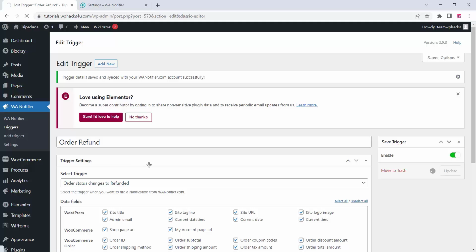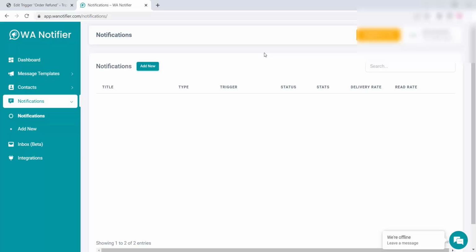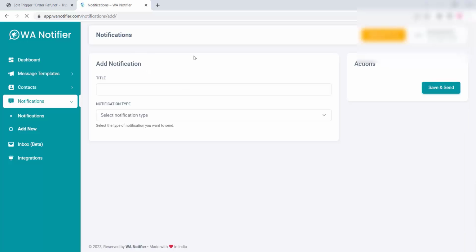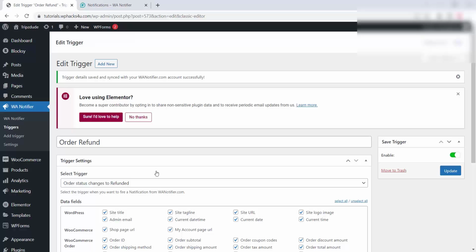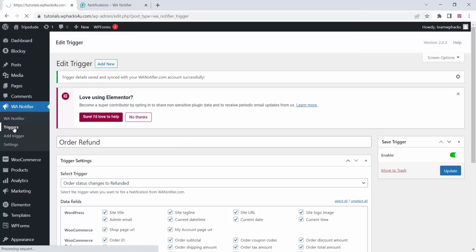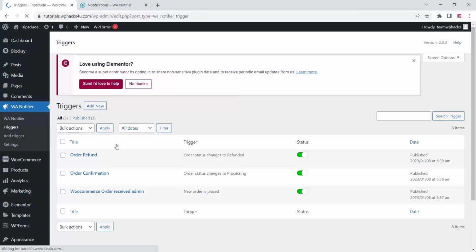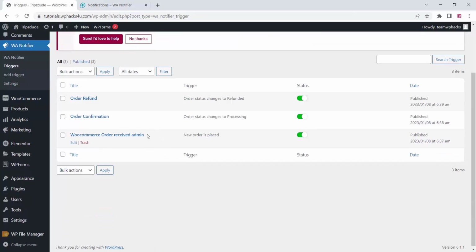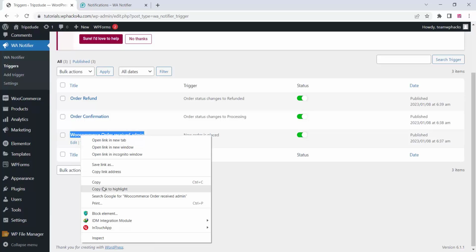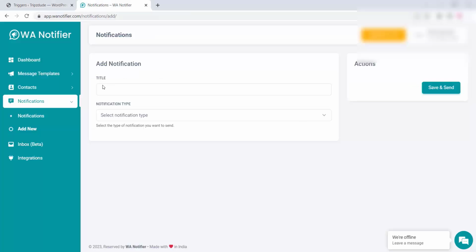Okay, now we can go to the One Notifier dashboard, and click on the notification area as you are seeing in the video, notifications, and click on add new. You can select the add new option here, and you can give a title. You can just copy the title from the trigger area of our website. So just select and copy. This is for the admin, so we are just copying that and pasting it there,